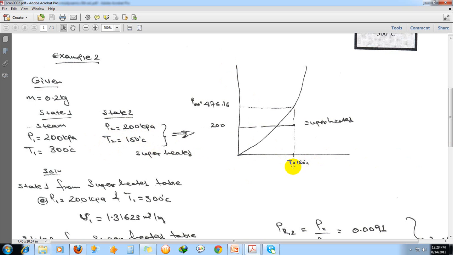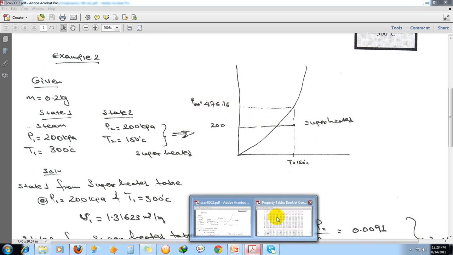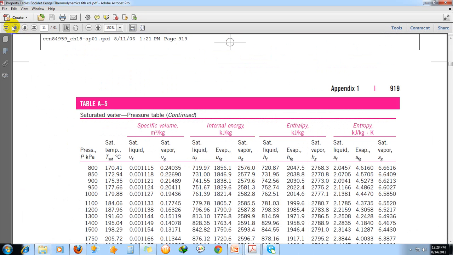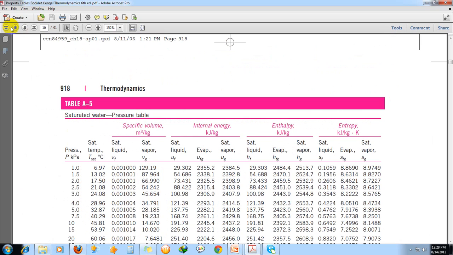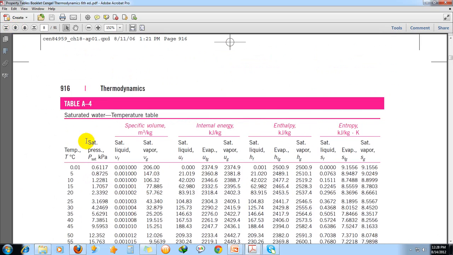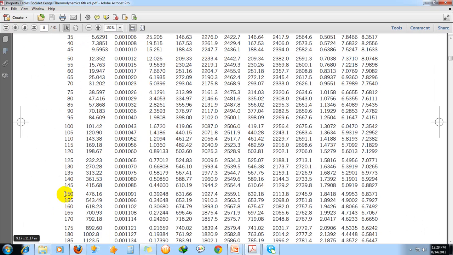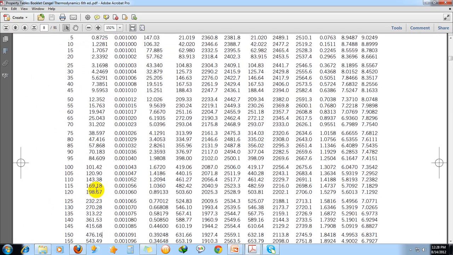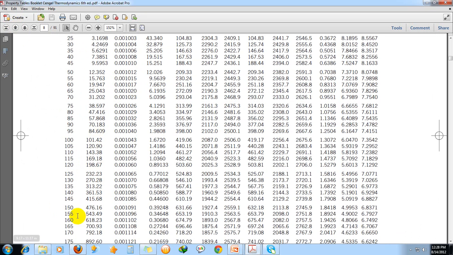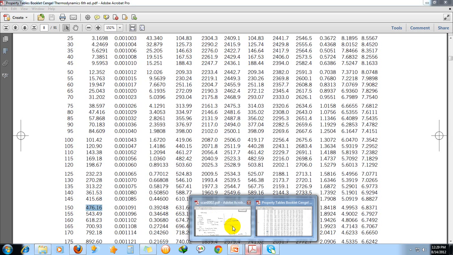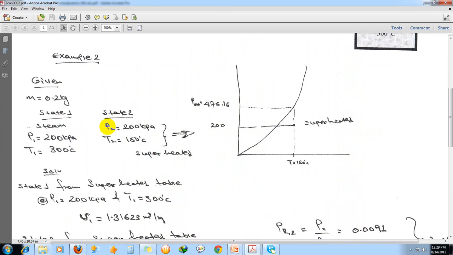So at T equal to 150, P sat is equal to, from the table, 476.16. Okay, and the given pressure is equal to 200, which means it's less than P sat, then the state is